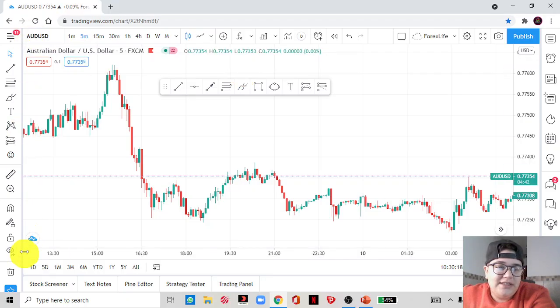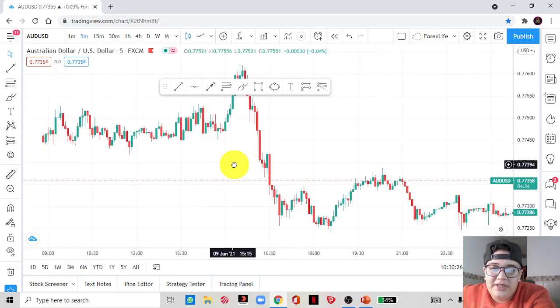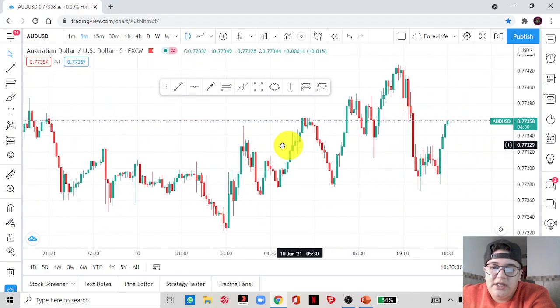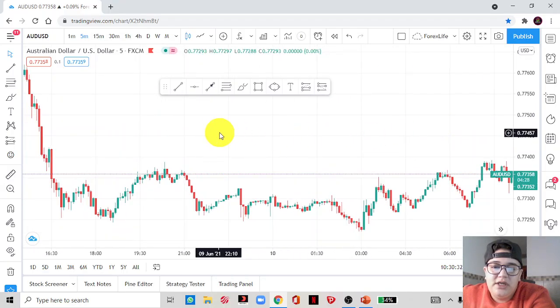So I hope you guys had a good session on the TradingView. I hope you've learned in depth how to utilize this tool to the best of your ability to mark up your charts. It's a really cool platform to use, and I hope you guys